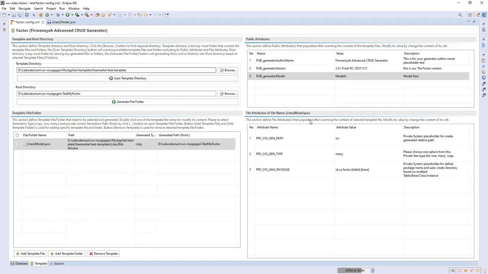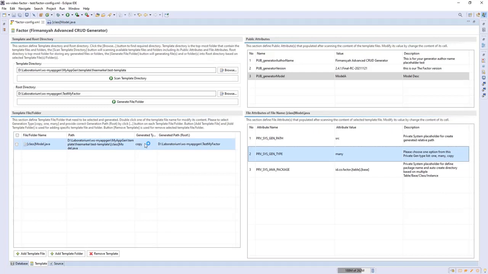So we can edit this attribute, and this one is the private system generation type. Basically this is private and specific to our generator. This private underscore sys underscore gen underscore type will also replace this column, or this template definition.